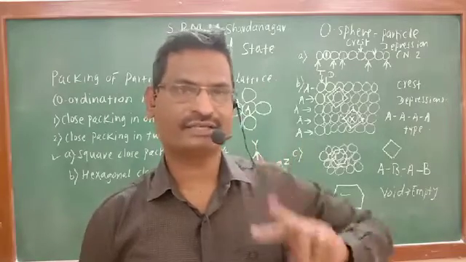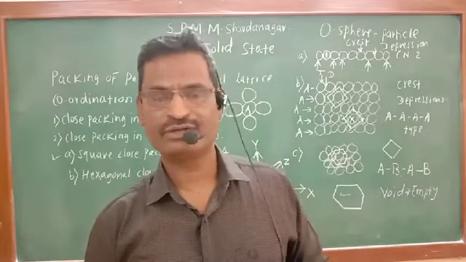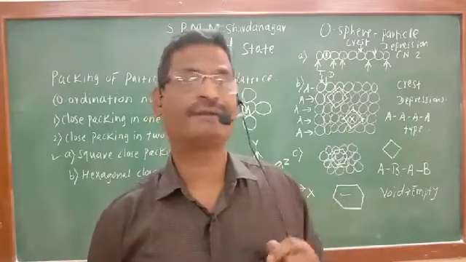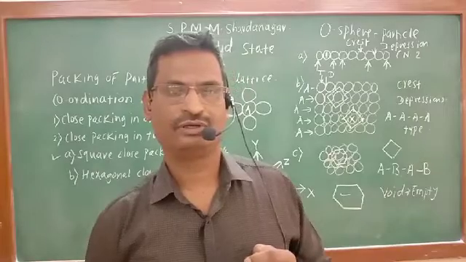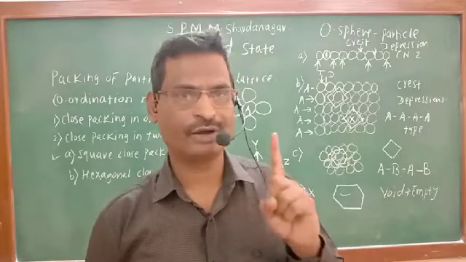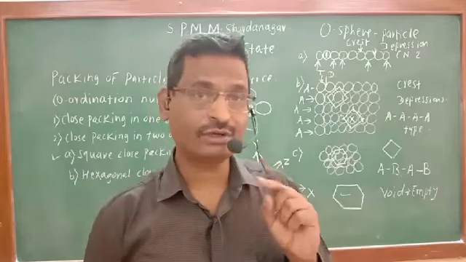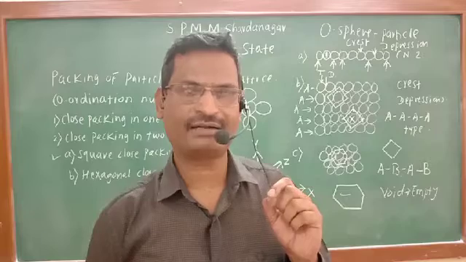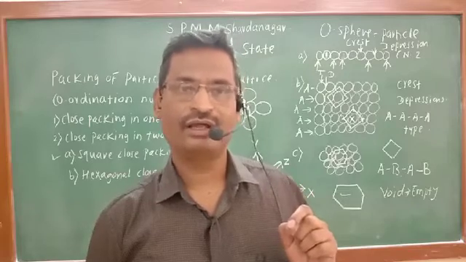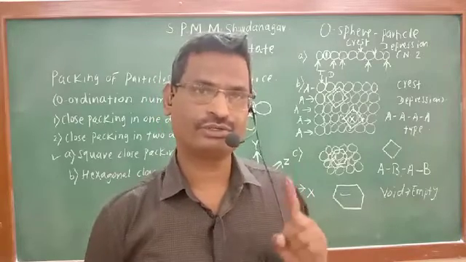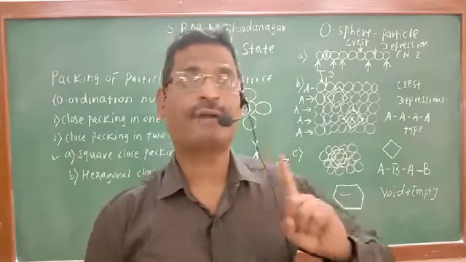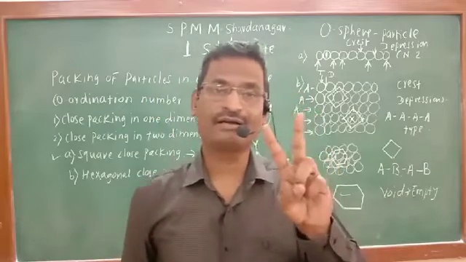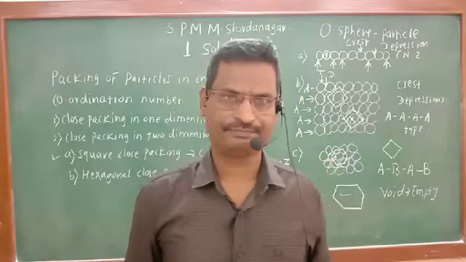In the second one, BCC structure, what we have seen? We have seen that besides 8 corners, there is 1 more particle present at the center. Among 8 corners, we know there is 1 particle present, because at each corner 1/8 particle is present. Therefore 8 corners constitute 1 particle, and 1 more particle is present at the center of body. Therefore totally 2 particles are present in the BCC structure.